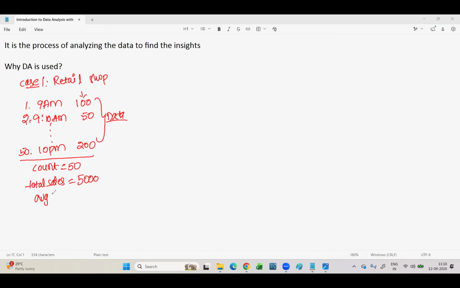What is the average sales? It is total sales divided by the number of customers. That will give you the average as 100. What is the meaning of this 100? If a customer comes to my shop, they make at least 100 rupees of sales. That is the meaning of 100. Not just calculation, we need to understand the result also. As I told, that's real time learning. You calculated the average, but the meaning of 100 is that if any customer comes to my shop, mostly they are going to make at least 100 rupees of sales.